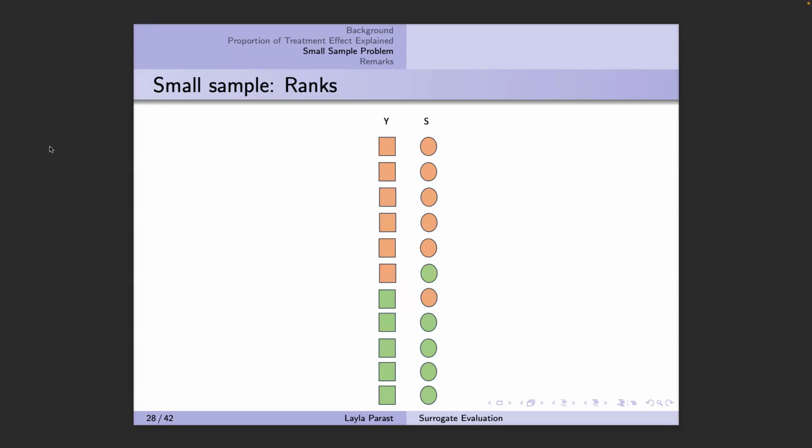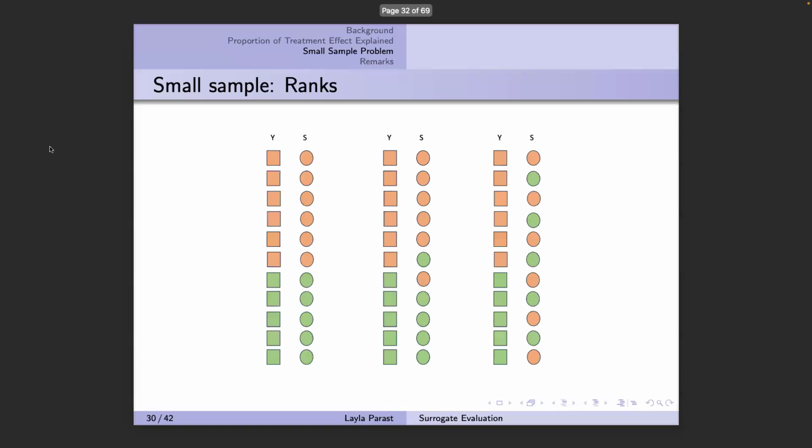And I would also want a method that looks at this and says, it's a pretty good surrogate. A little bit of stuff here on the S's, but still pretty good. And then I'd want a method that says, this is not a good surrogate. It's a useless surrogate. That's where I started. And of course, this idea of just ranking, and you have a 2-sample test. This is just the Wilcoxon rank sum test, right? It's not